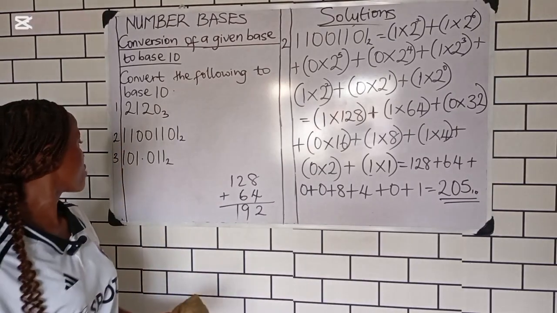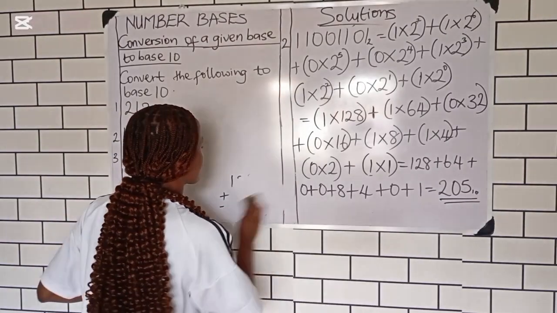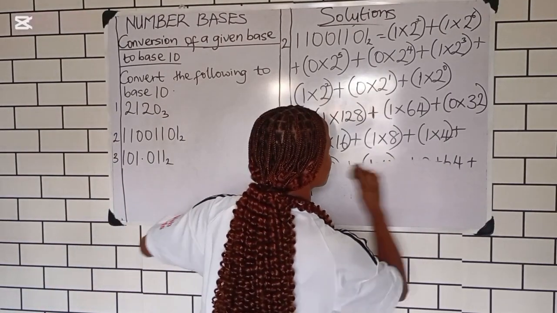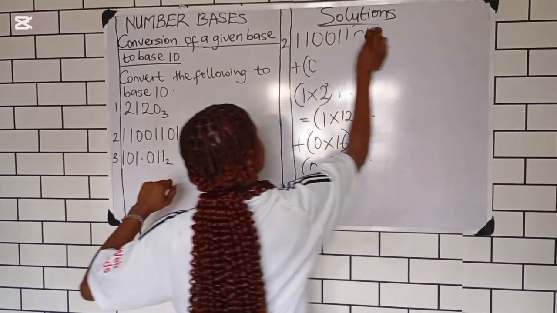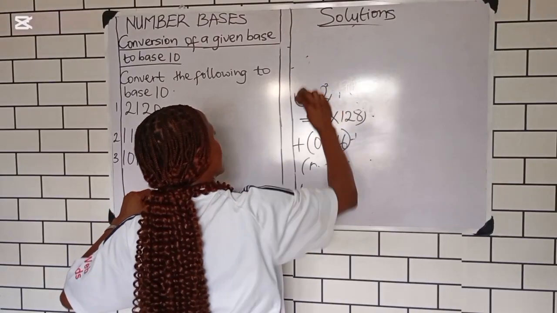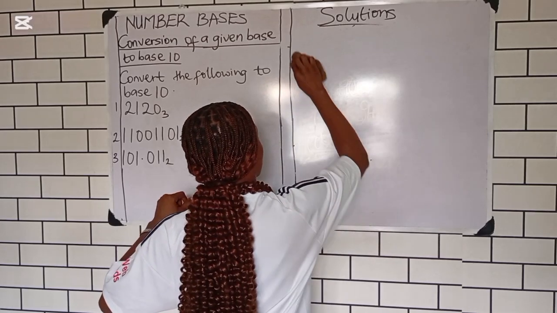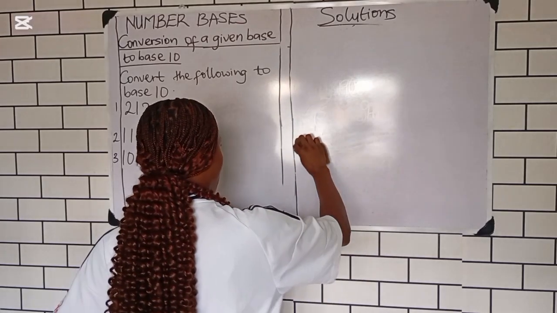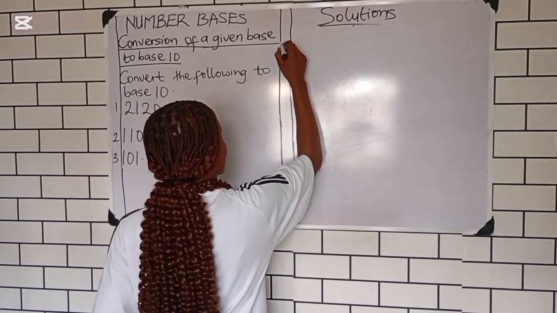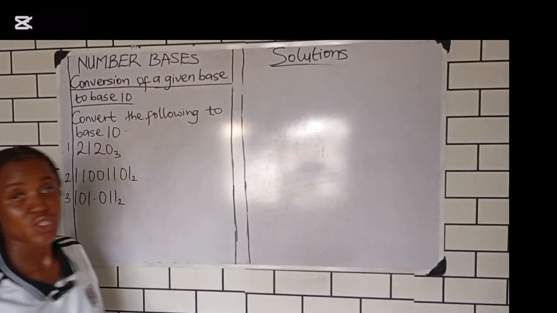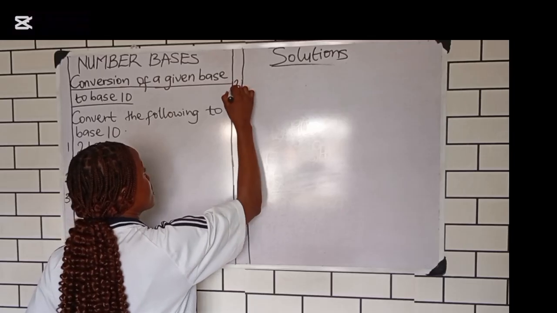Now moving further to question number 3, where we have a decimal point. What are we going to do? You have your number 3, we have